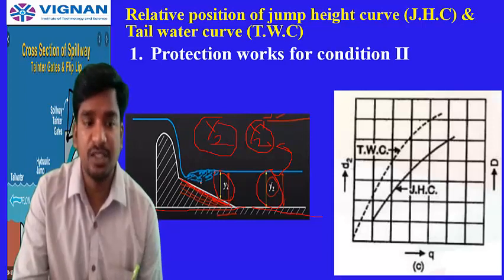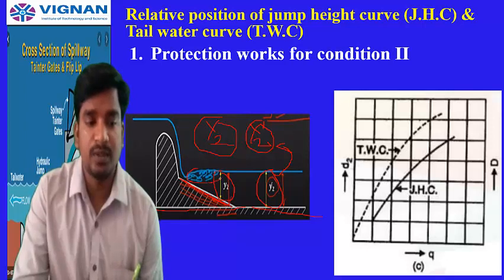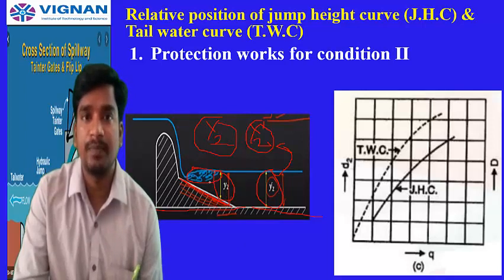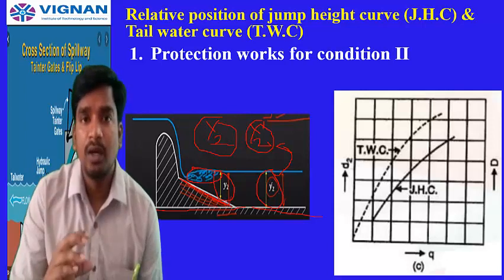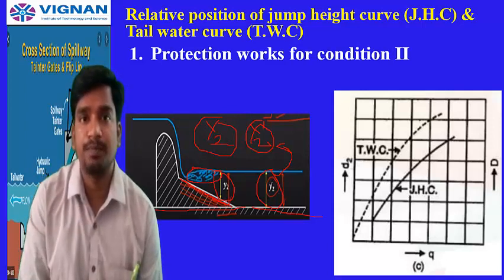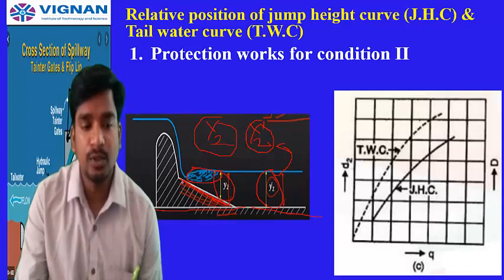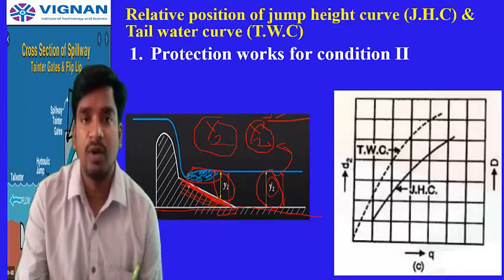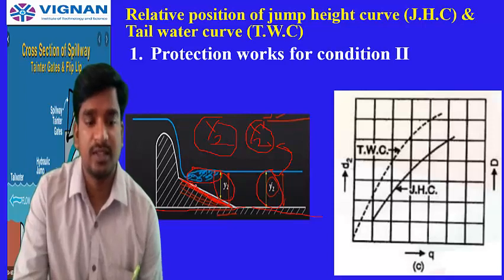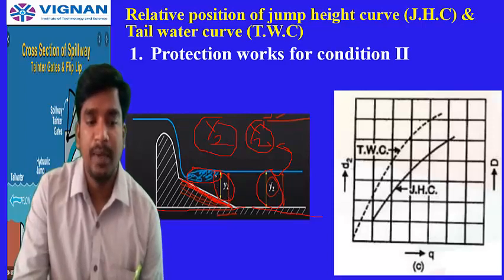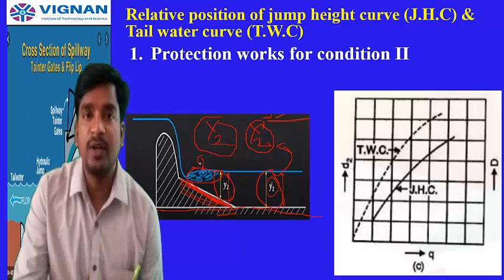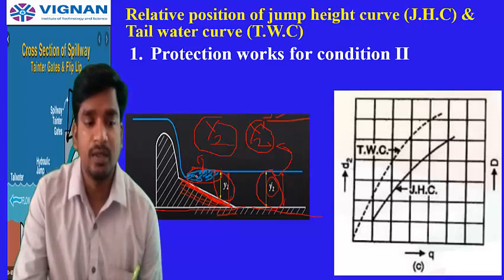So this will enhance that. Whatever the depth required for the hydraulic jump, it will be forming. We are reducing the depth for sufficient hydraulic jump formation, by maintaining a slope or inclined portion, which we call a glacis. So this will make the hydraulic jump form, and the energy will be dissipated like this.